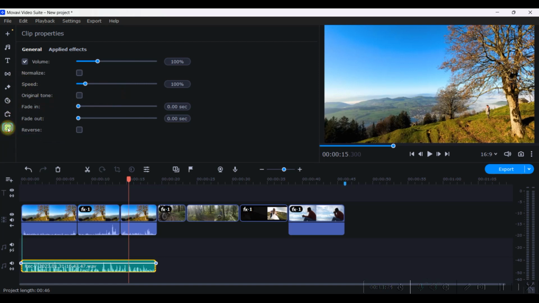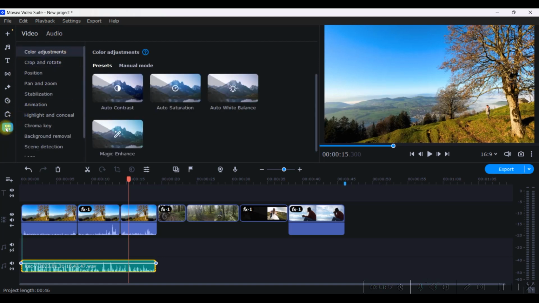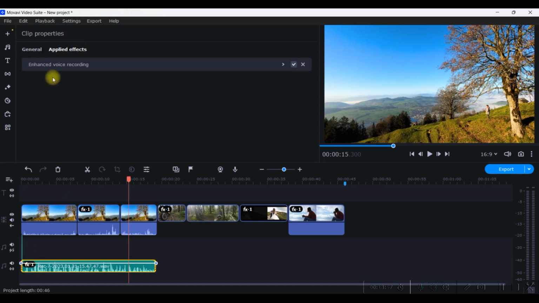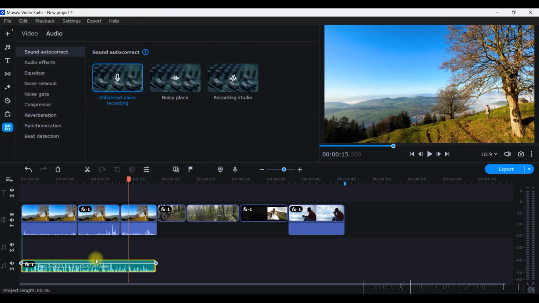Now the next adjustment which I preferably do is I will go to this all tools button, which is at the bottom left hand side, and then you will have to go to this audio effect. There are a couple of things which you might do from here in order to make your audio sound more perfect. First, these are few things which are auto corrected. One is enhance voice recording. Keeping your voice selected, you can just click on this. It will become blue, and effects one will appear here. You can check if the enhanced audio recording is applied to your clip or not.